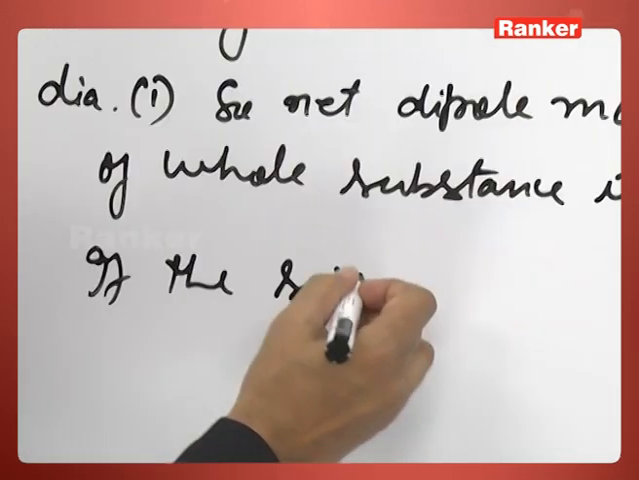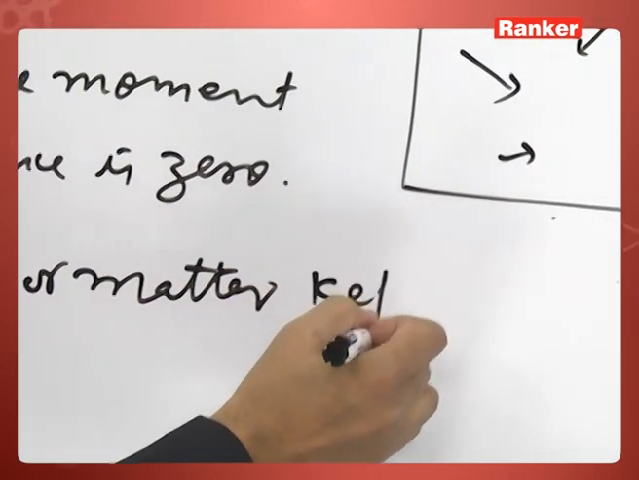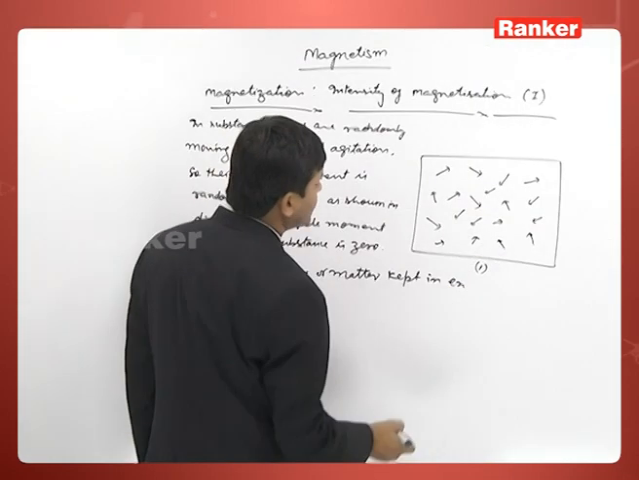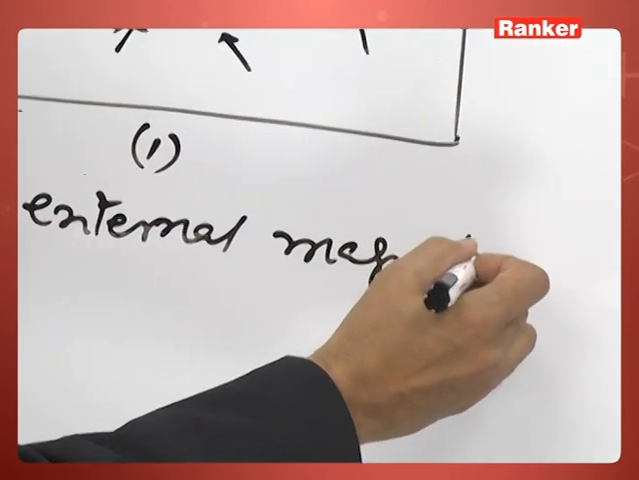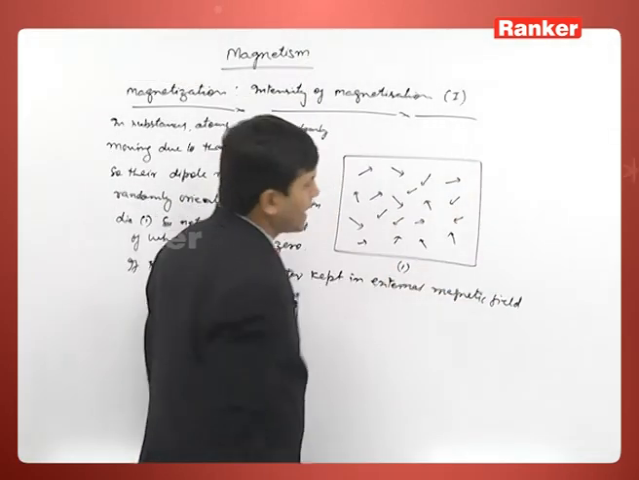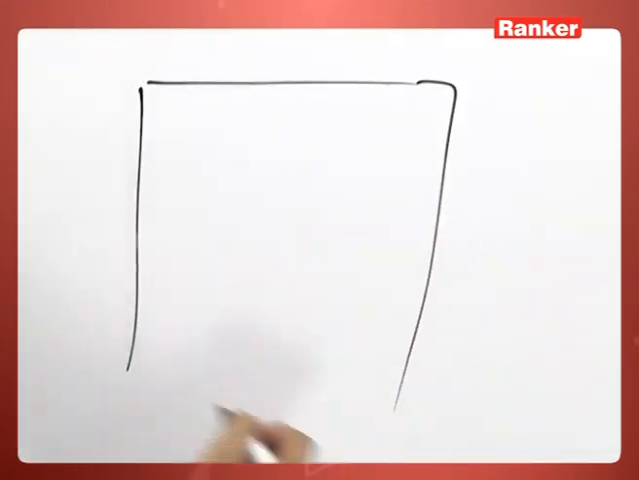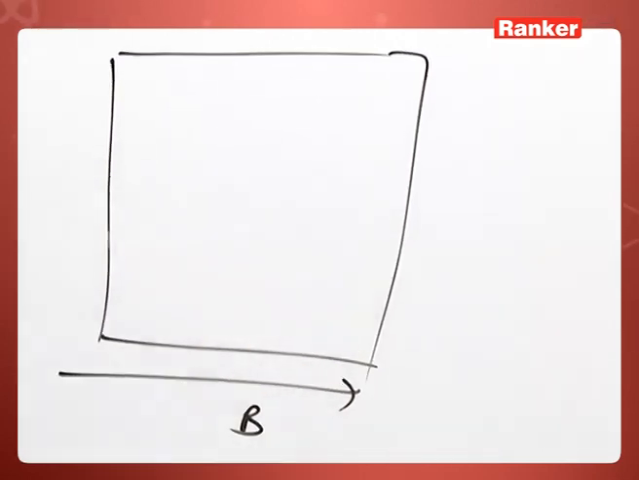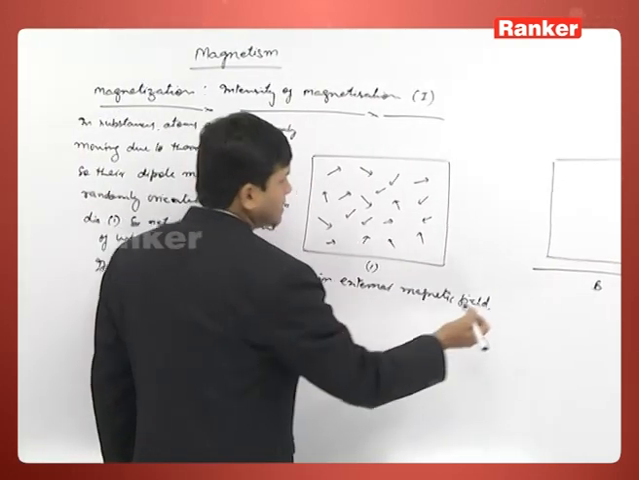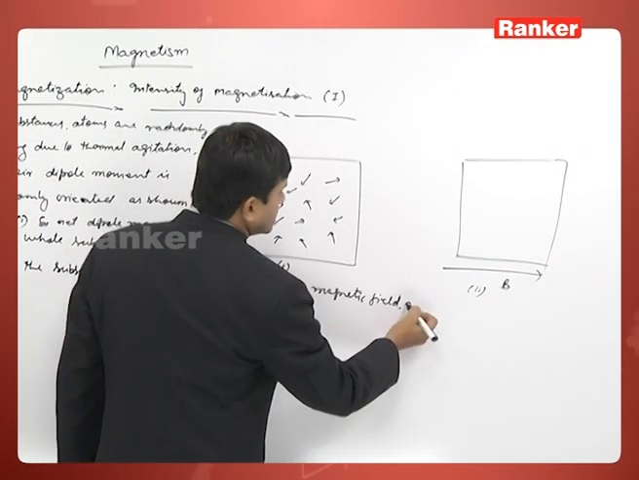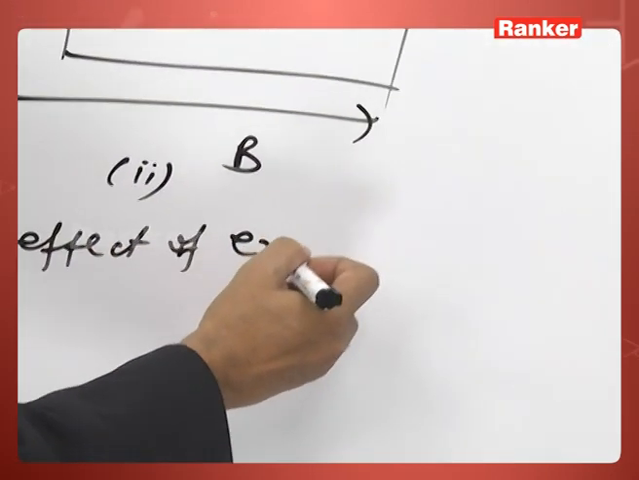Now if the substance or matter is kept in an external magnetic field, like this. See, suppose this is the same substance here, and here we are applying an external magnetic field in the rightward direction. This is figure number 2. Due to the effect of external field,